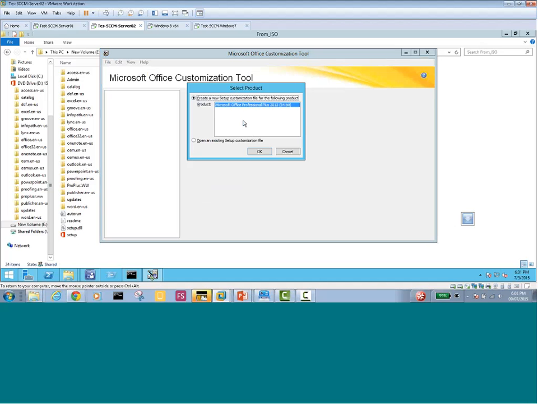Here we can say that, hey, when the Office 2013 is installing on the client machine, when it comes to the product key, do not show that